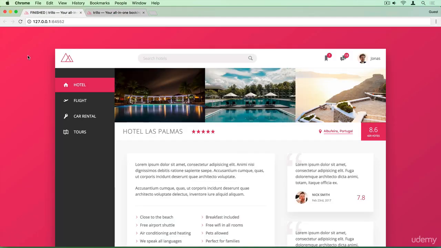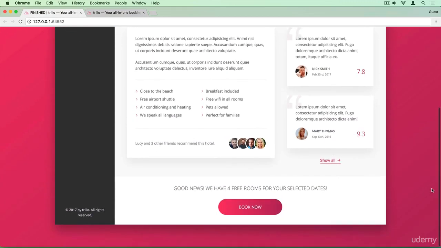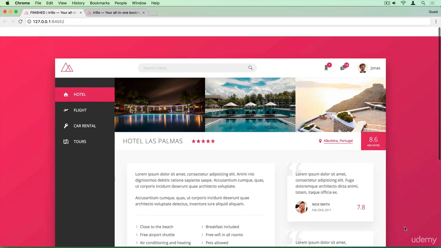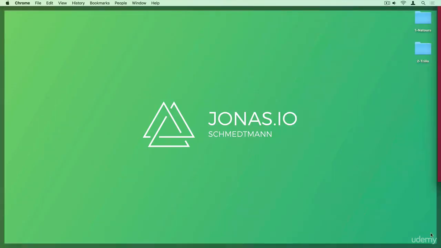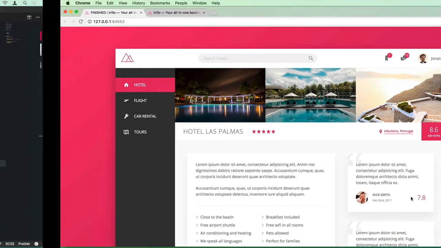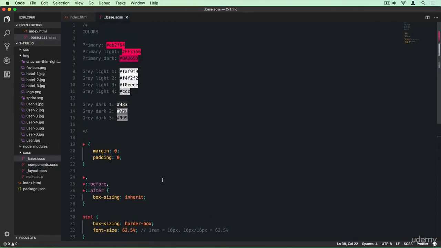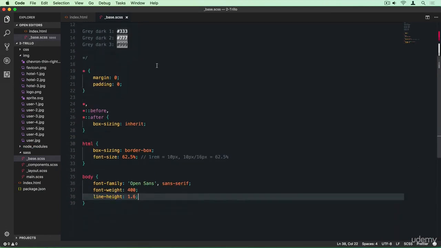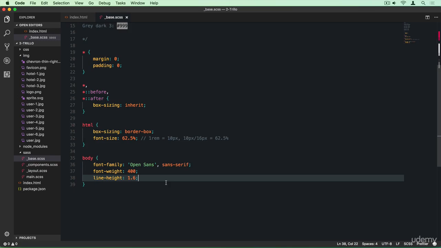Okay, and what we want for the background is basically this gradient going from this pink color here in the top left corner all the way to this darker pink here in the right bottom corner. So it's basically a gradient going from here to this corner with these two pink branding colors that we're using for this app. Of course, we're not just going to copy these colors down here to the gradient, but instead we're going to use variables just like we did before